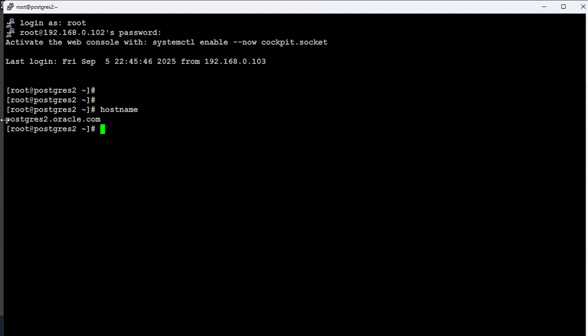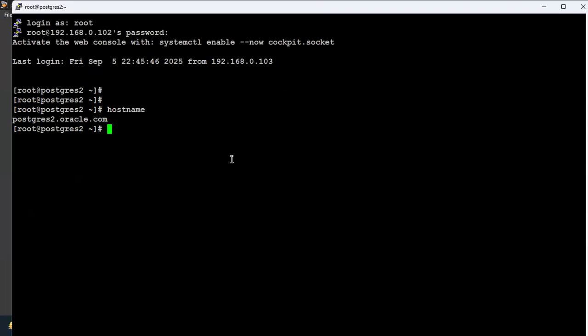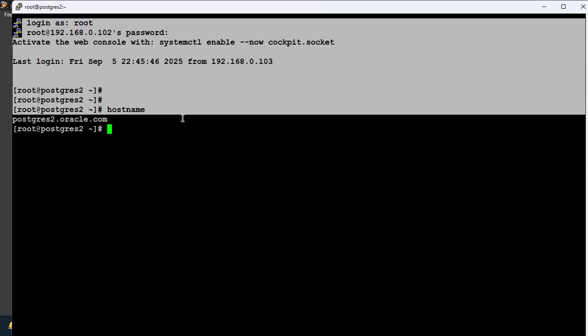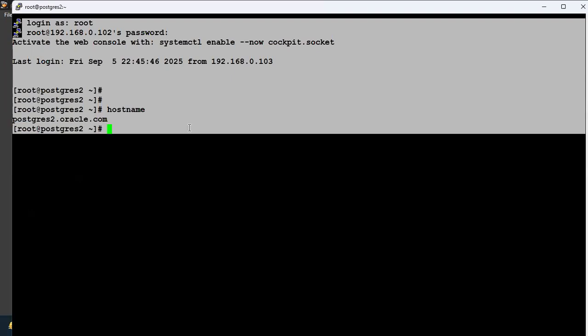What is the host name? Postgres2.oracle.com. I changed it. Okay, so now suppose I got this mission from the Linux admin. They are saying, what is the operating system? Suppose we have to give the details. So we need a Linux server, a so-and-so version, Linux 8.10, we required to install the Postgres database. So please make the system ready to give us. Once they install the Linux 8.10 version, they have to hand out these details to